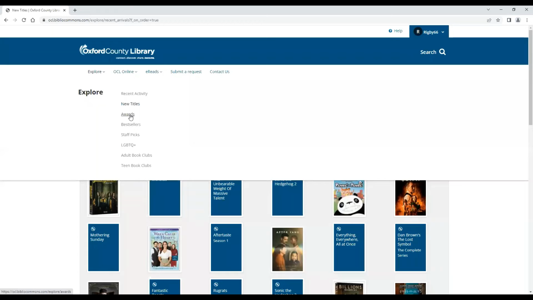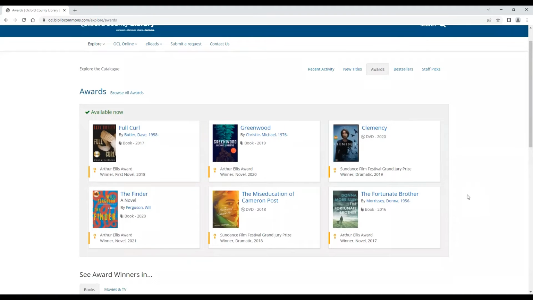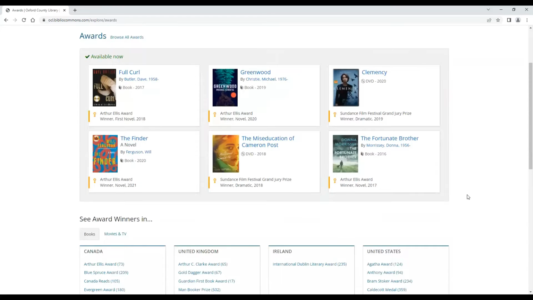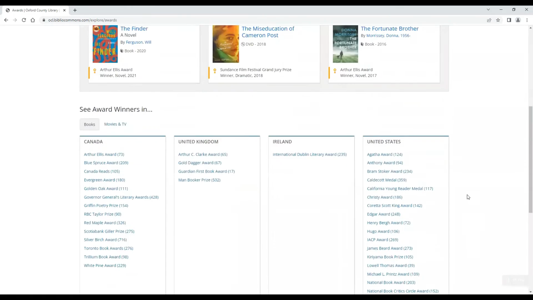If you want to browse our catalog items to see which items we have that have won awards, you can do that. Click on awards. Okay, and you get this gallery. This is available now. I actually have an interest in, what is it called? The Giller Prize. Okay, so if I scroll down here,